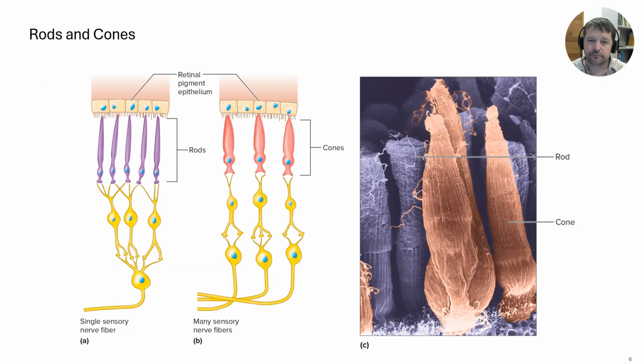So this is what they kind of look like. Again, there's not too much of a difference between rods and cones, kind of morphologically, except rods are typically longer and cones have more of a cone shape to them. So here you can see the rods, here you can see the cone shape. But in general, they look very similar to each other. They function very similarly, except they react to different wavelengths of light. So different wavelengths of light stimulate the different cones and the rods.